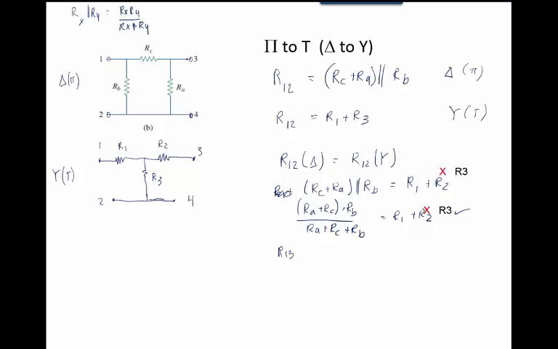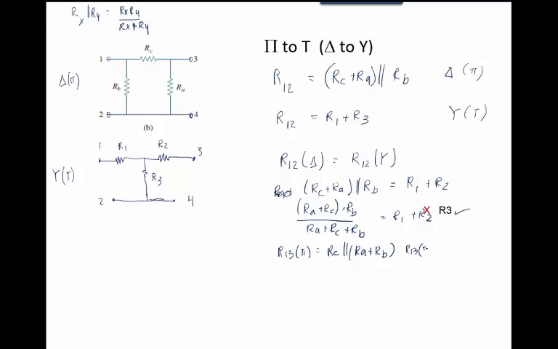You have to think about that you're flipping the circuit around. And what does the multimeter see if I connect it between 1 and 3? Same thing here. If you flip the circuit around and draw it again, you'll get R13 of the pi network equals RC in parallel with RA plus RB,